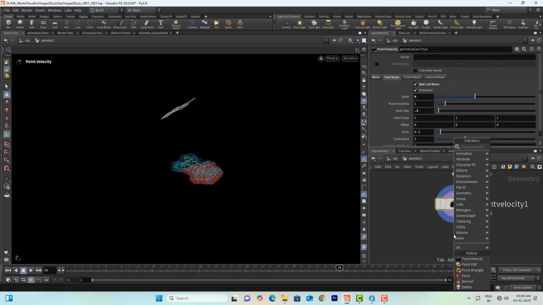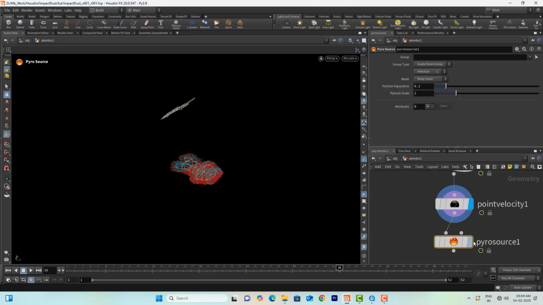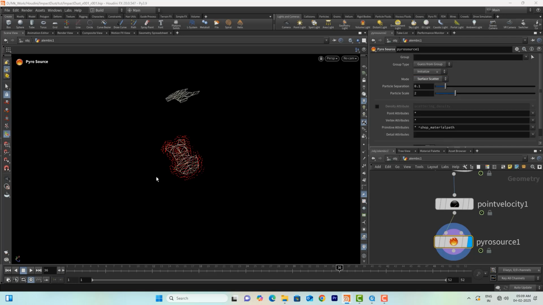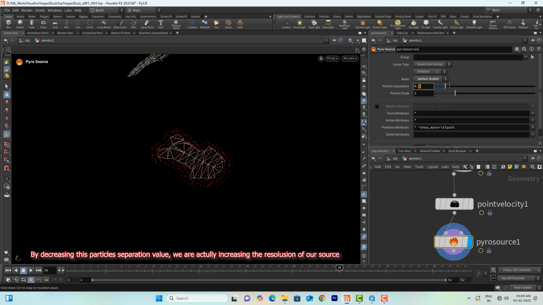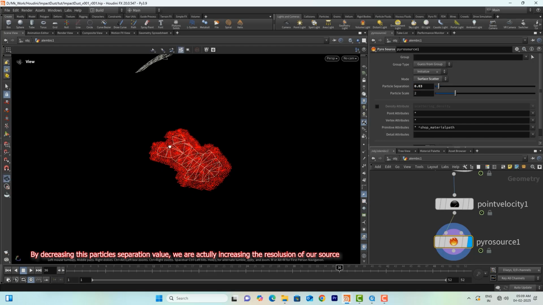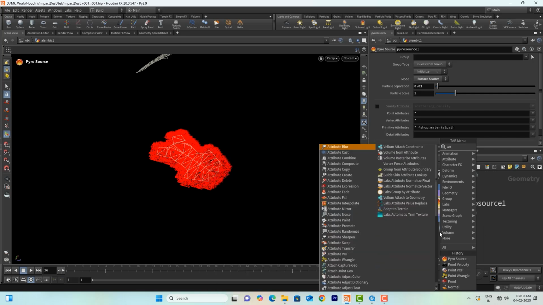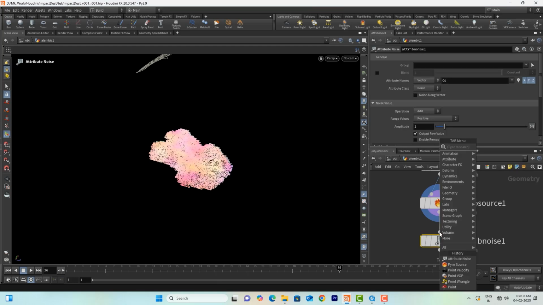And now I'll take pyro source, I'll just change the mode to surface scatter, so we can adjust the points. We can increase this count, maybe 0.05 or 0.03, maybe a little more, 0.02. And now I'll take attribute noise and take a volume rasterizer attribute,